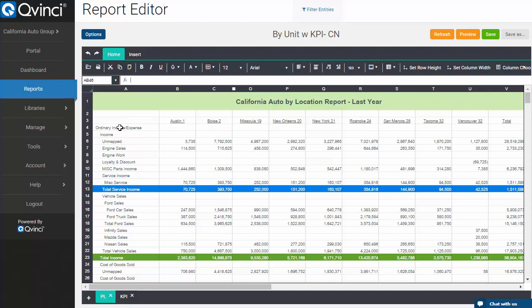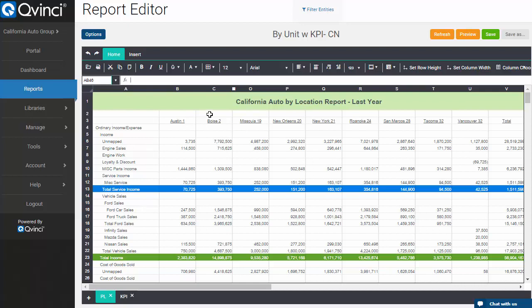Now, Qvinci has this concept of standardized charts of accounts. Remember, we said earlier we're going to sync all the data across all these units, regardless of the file types that they got. Well, Qvinci owns the patent on standardized reporting, so each one of these locations will probably have a different chart of accounts. But the mapping tool will allow you to specify the structure that you want, bring in the incoming data, and put them all in that same structure, so you can put them side by side.